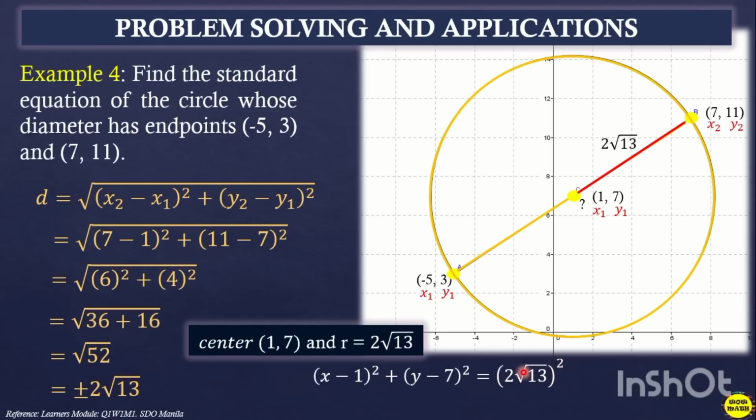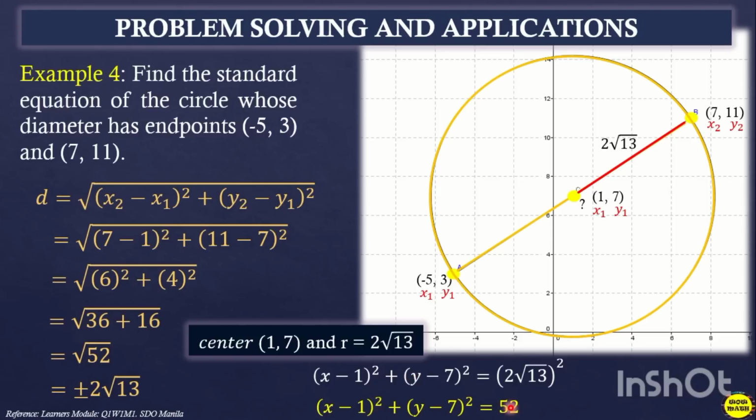Okay, so sabi ko nga dun sa mga previous discussion natin, 2 squared, that is 4, and then square root of 13, makakancel itong radical na to, so maiwan yung 13. So 4 times 13, the answer is 52. So yung equation, so the standard form of the circle is (x minus 1) squared plus (y minus 7) squared